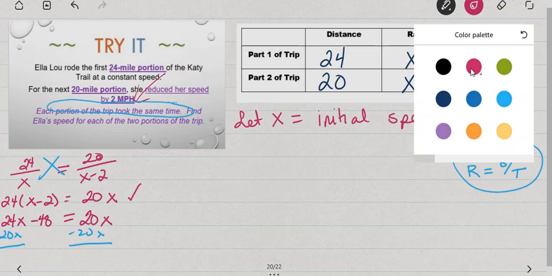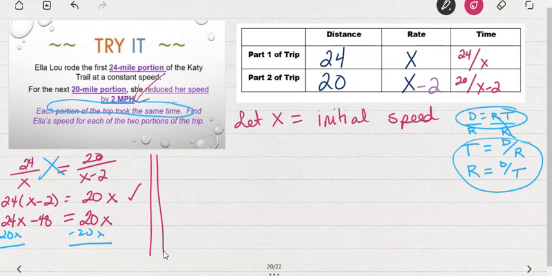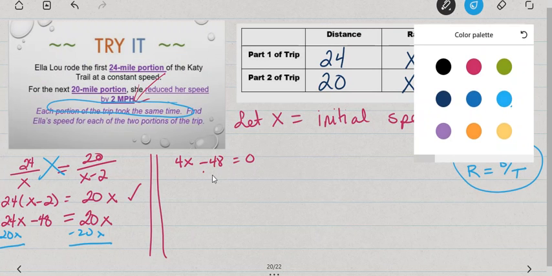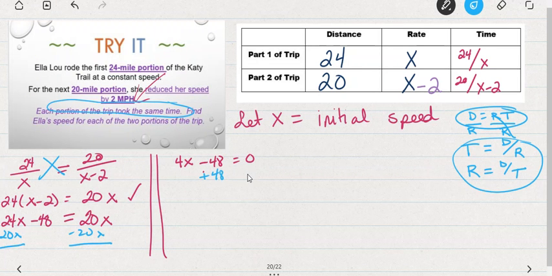And what I get, here, let me continue up here at the top. 24x minus 20x is 4x. 4x minus 48 equals 0. I could add 48 to both sides, and that gives me that 4x equals 48. Now to solve, I just divide both sides by 4. 48 divided by 4 is 12. So I get that x equals